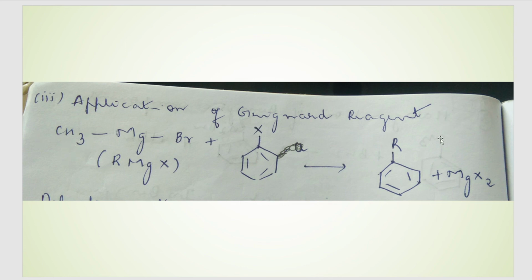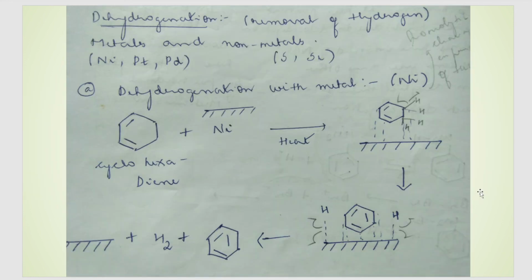So that CH3 part or R you can write here, whatever R part you're taking, whatever alkyl group you're taking, that part will be substituted over here as R on the benzene ring, and this halogen that goes out will combine with this magnesium to go out as MgX2. So here if it was bromine, you can write so many examples. Here if it was bromine, then we would get MgBr2. If it was chlorine, here also you have to take CH3MgCl if it is chlorine here. So you will get MgCl2. So these are the different methods of dehalogenation.